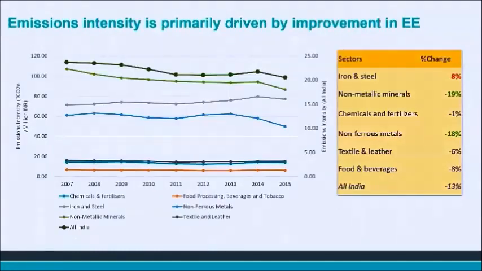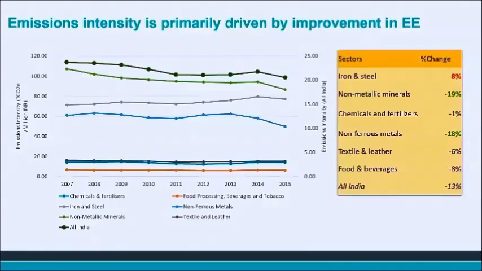In terms of the various trends and drivers, we mainly focused on the energy use emissions, and while we looked at the national level, we also looked at different subsectoral levels. I'm going to start with the emissions intensity. At the overall industrial level, what we saw is the intensity decreasing with a CAGR of 2%. That roughly amounts to a net decrease of 13% compared to 2007 numbers.